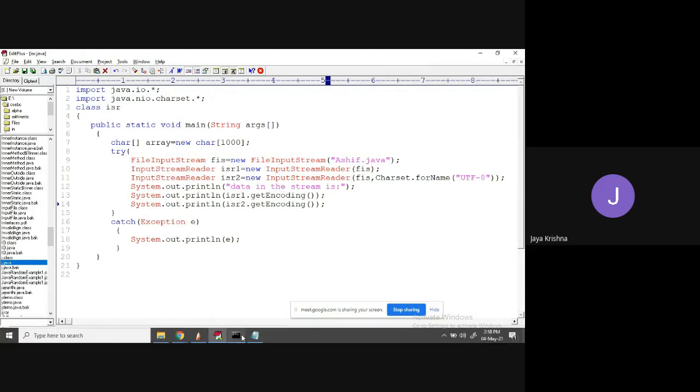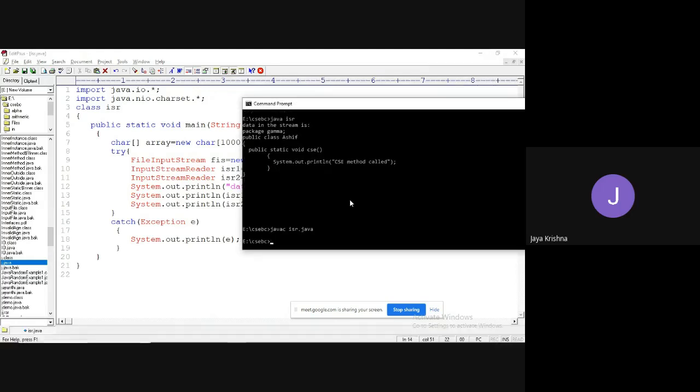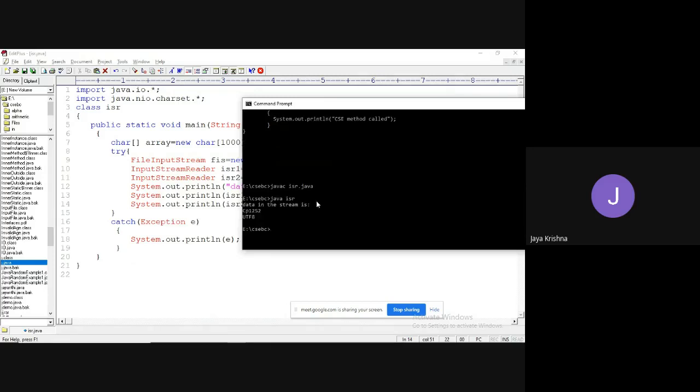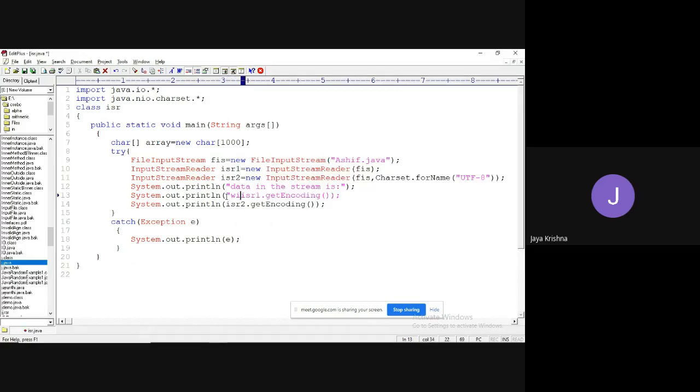Now observe the difference. Okay, successfully compiled. Java IS. What happened? So observe, this is without encoding. This is with encoding.